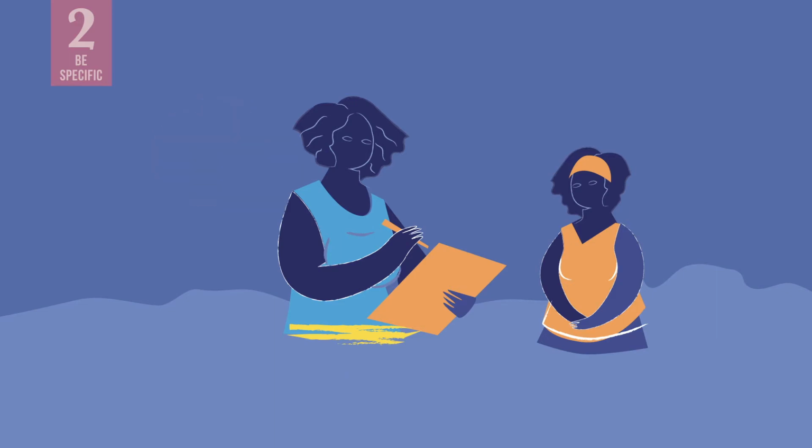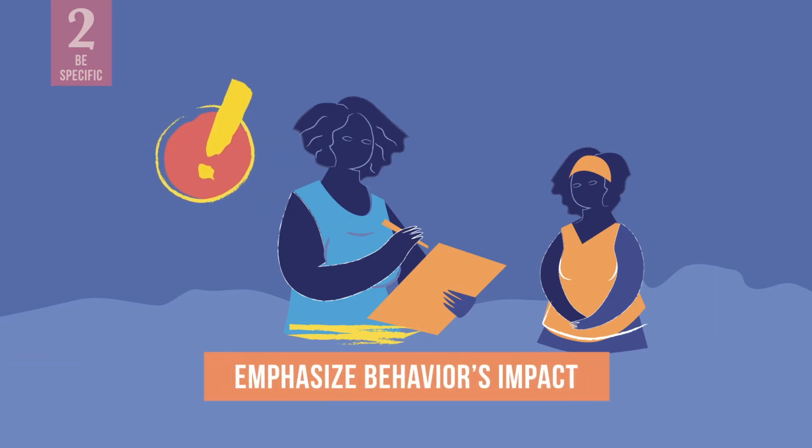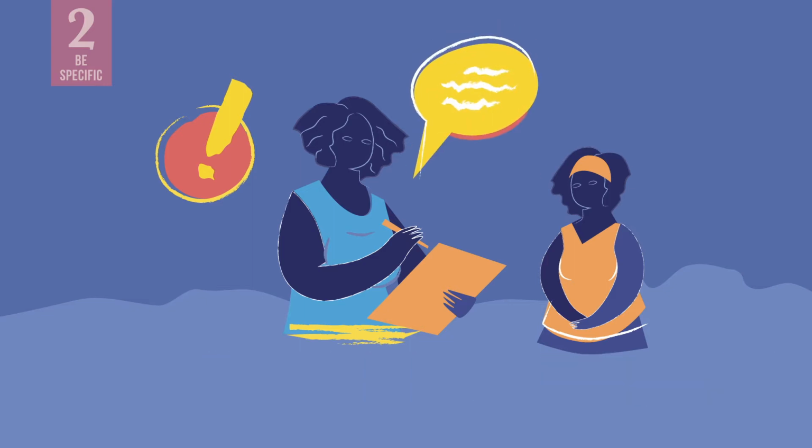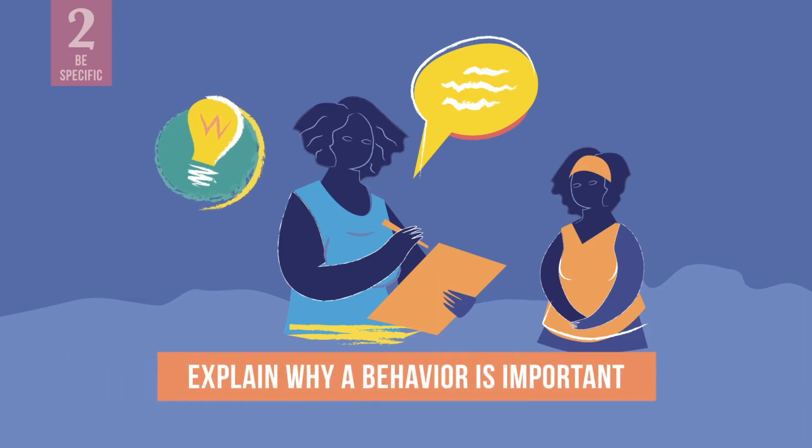Once you identify the behavior, emphasize its impact. Why do their actions matter? Does it have an impact on patient safety? The success of the immunization program? You could explain, if mothers do not know that side effects are normal, they may think that vaccines make children sick and may not return for vaccination. If a health worker understands why a behavior is important, she is more likely to change or improve her performance.